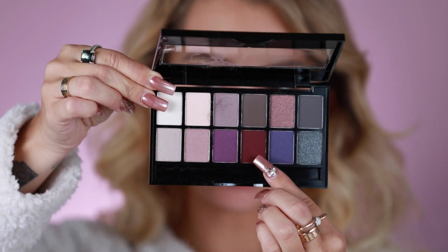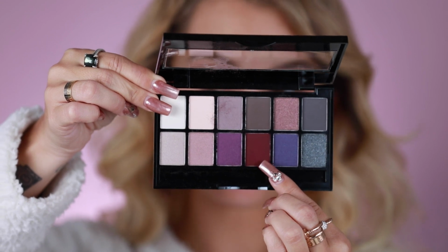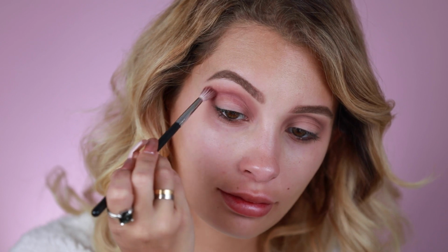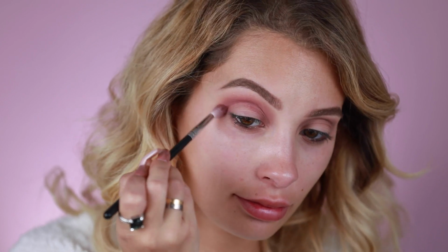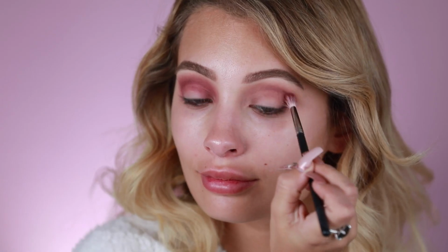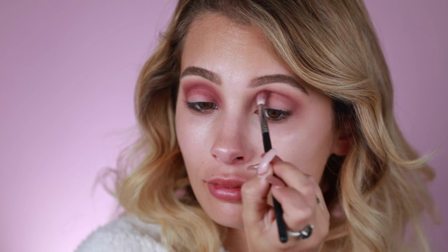And the last shade I am going to be using in the palette is this really pretty maroon shade right here. I'm going to focus that more on the outer V of the eye and really low into the crease. You want to work very carefully with this color because it is dark, so you don't want to deposit too much of it. So now I'm going to take my Kiss NY Pro Luxury Eye Crayon in the shade Burgundy,